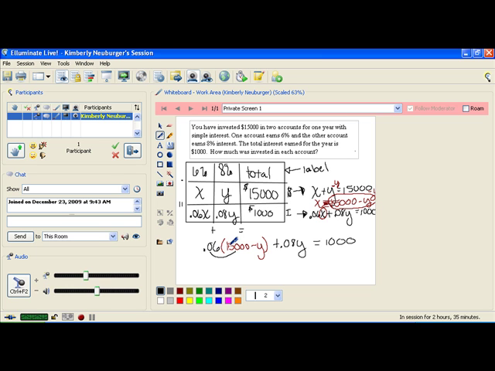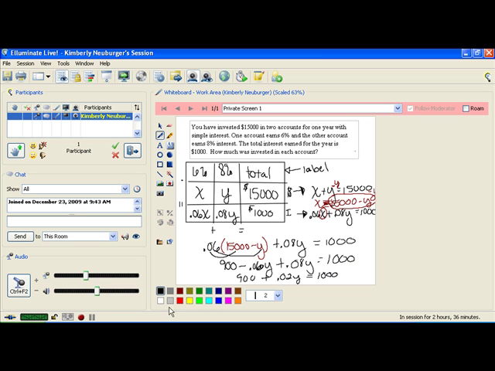0.06 times 15,000 is going to be 900. 0.06 times negative y is going to be negative 0.06y. And then we'll copy the rest down. Now let's combine our like terms. And combining these, I'm going to get 0.02y plus our 900 equals